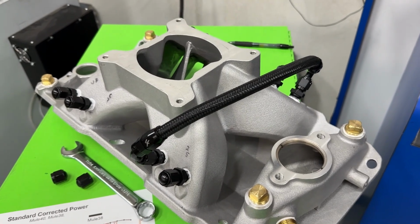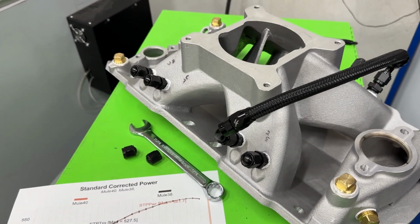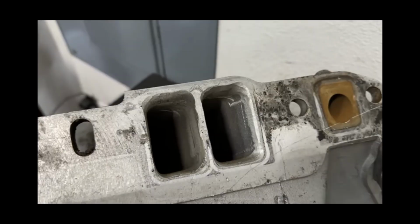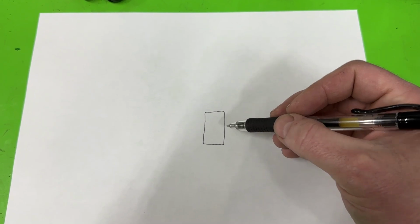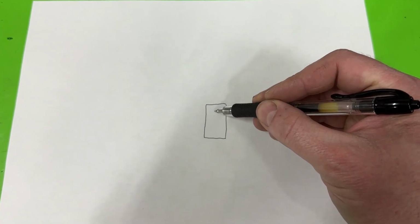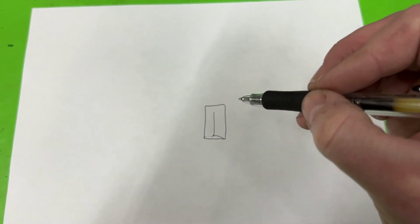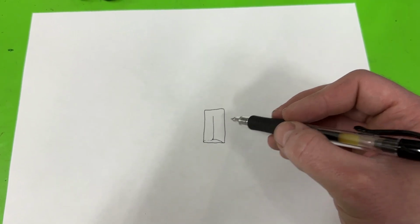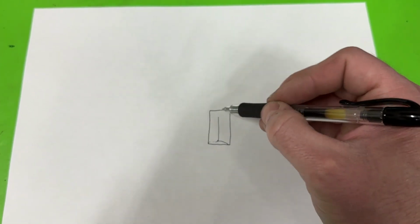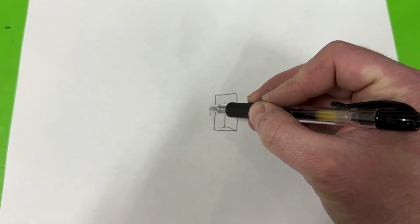Hopefully right now I could tag on the picture of the manifold that got butchered. Oh, let me draw you a picture to show you what I mean about the port match real quick though. Okay, so let's pretend that this is the port of the head, and we'd have our valve that comes through down here. So the valve might be going like that. So you see it at the bottom. In other words, this is you looking down the cylinder head. The port match on the bad one, in case you're wondering what it looked like when I looked in, would look like this. So I actually saw the cylinder head here,